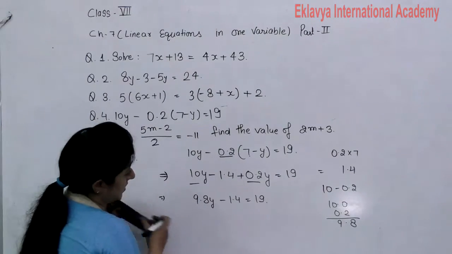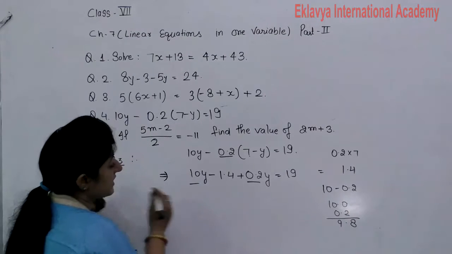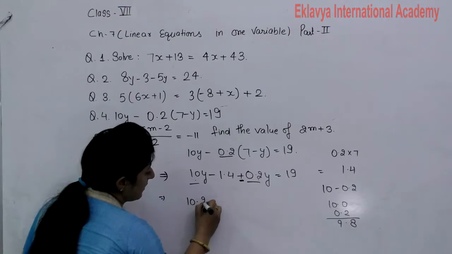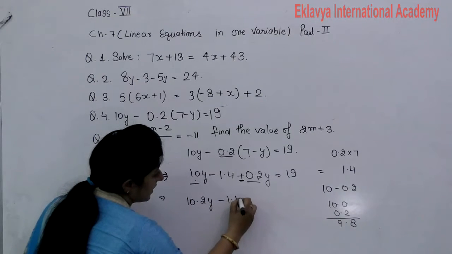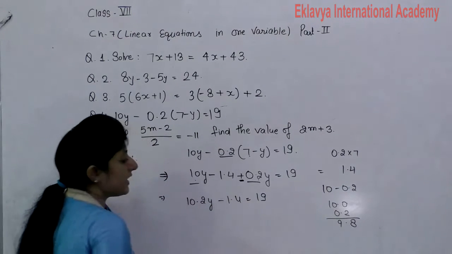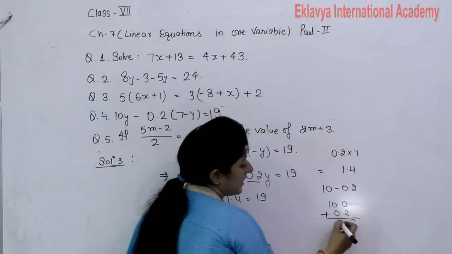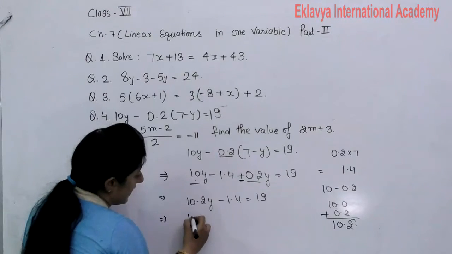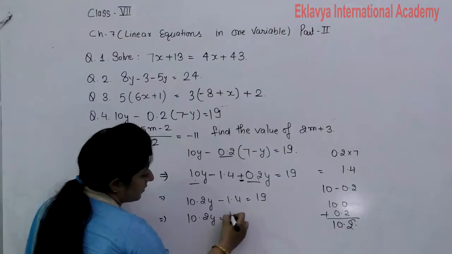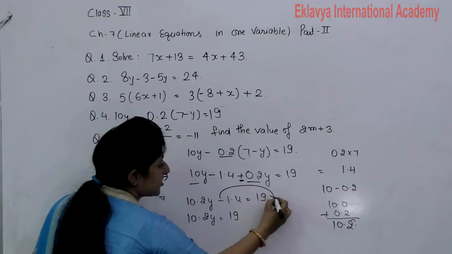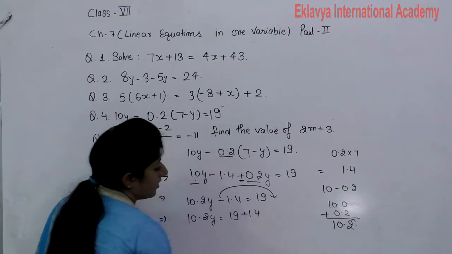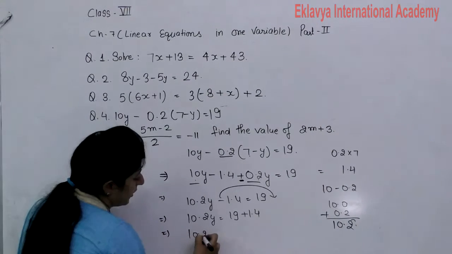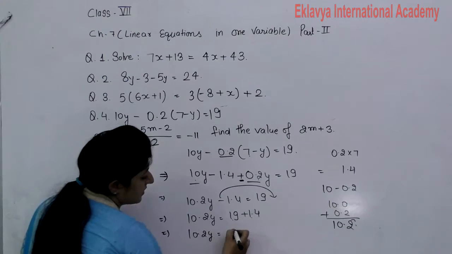Wait. There is a plus sign. So 10 plus 0.2 means 10.2y minus 1.4 is equal to 19. This is plus, so the answer is 10.2. 10.2y is equal to 19. This minus changes into plus in transposition, then it becomes 10.2y is equal to 19 plus 1.4,